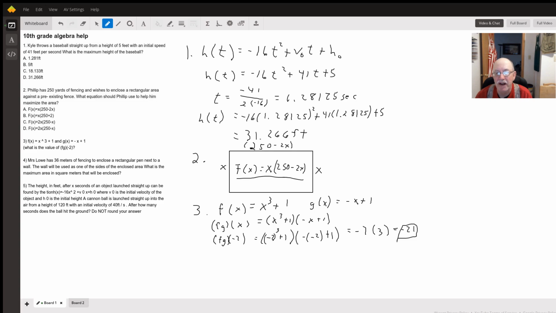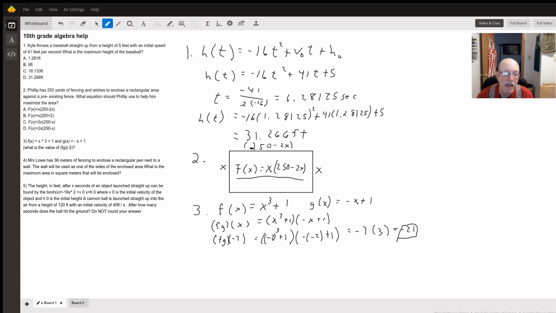First, we have to figure out the time that the ball reaches its highest point, the vertex, and that's the opposite of b divided by 2a. That comes out to be 1.28125 seconds. So then we plug that back into the original function, and we get the height is going to be 31.266